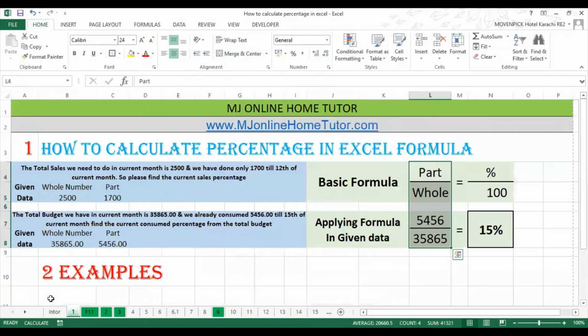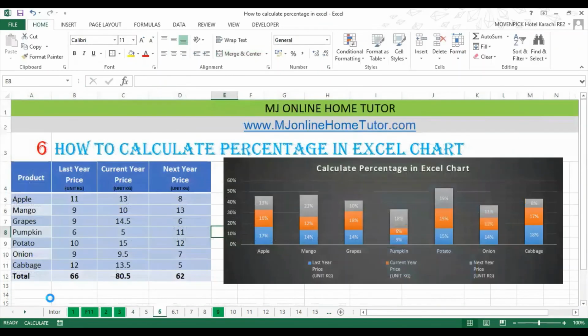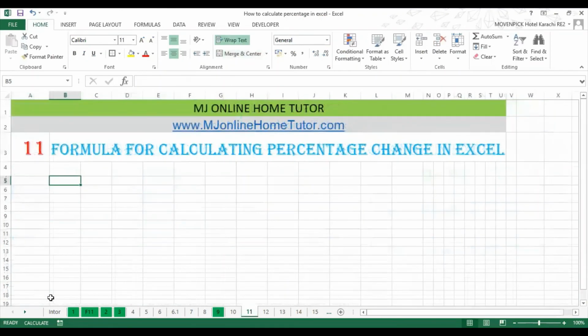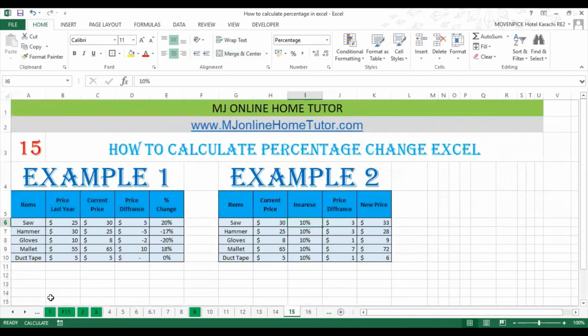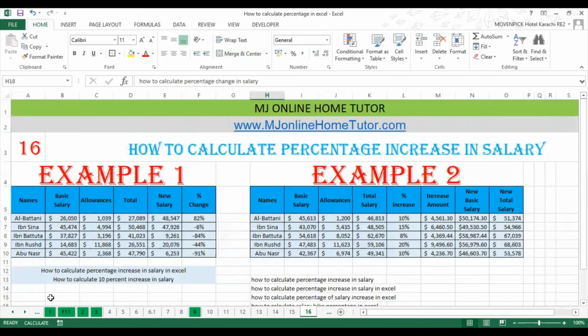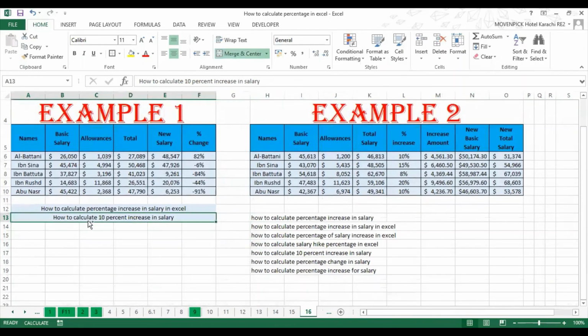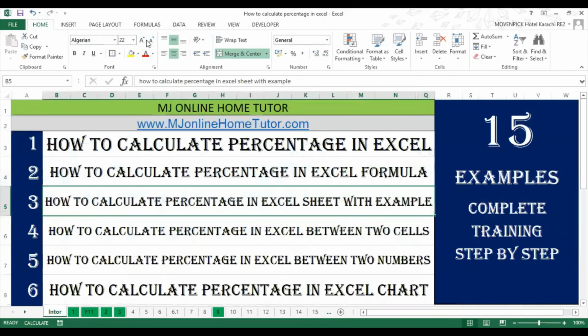Let's discuss 15 examples of percentage calculation which are very useful for you, as we know that there are many ways to calculate percentage for different aspects and different results. To make it simple for you, we have started this training from basic to advanced level. So you will be an expert in percentage calculation in Microsoft Excel. You can apply any one as per your requirement, or watch all videos to understand percentage calculation in Excel from basic to advanced.